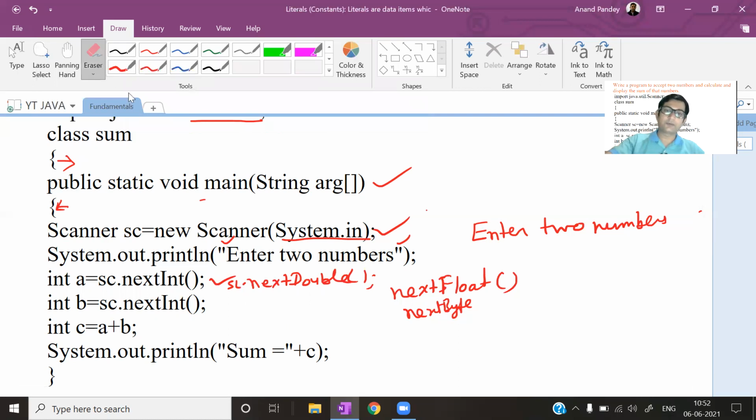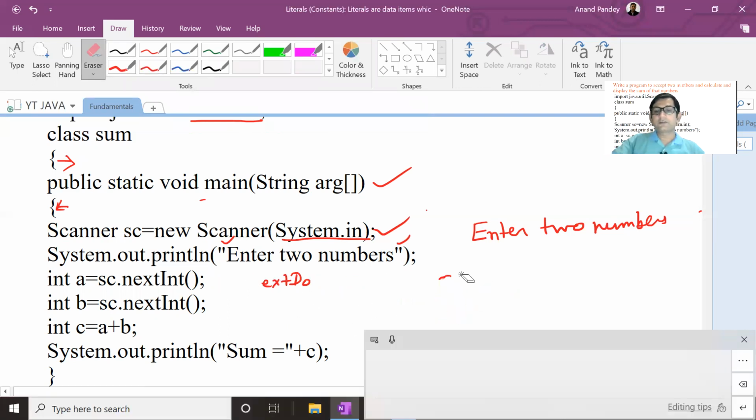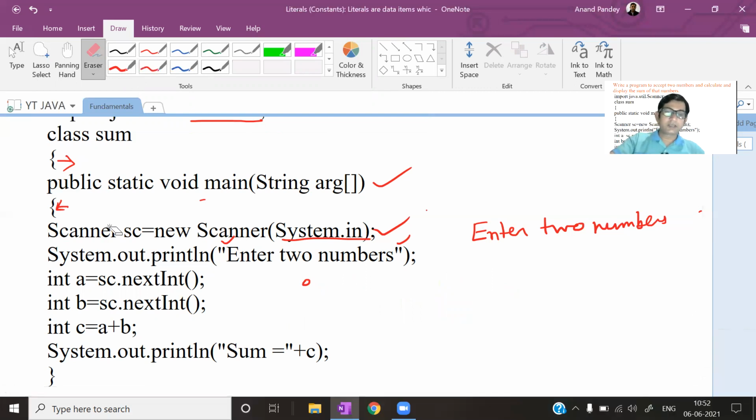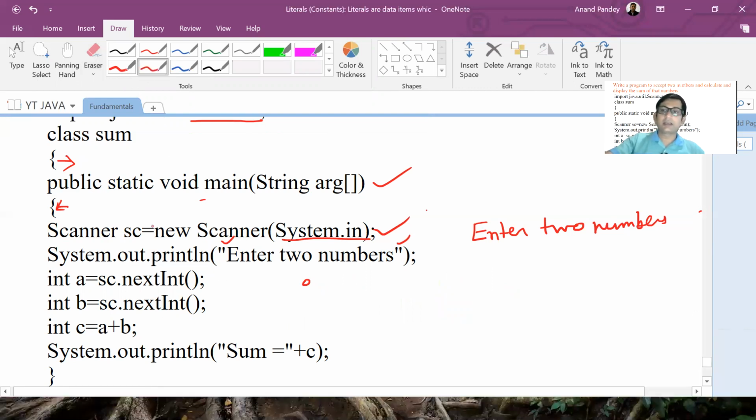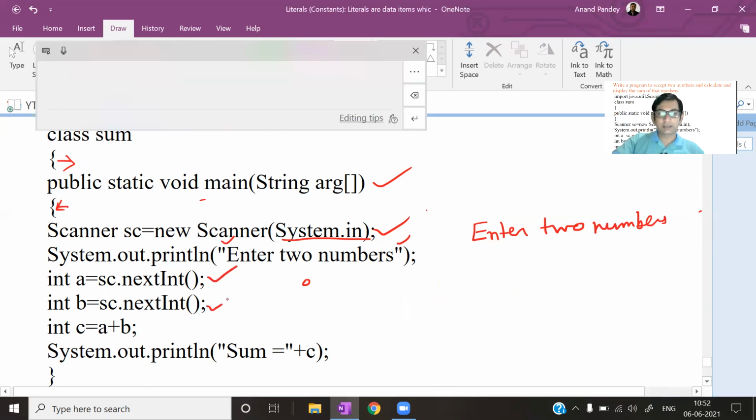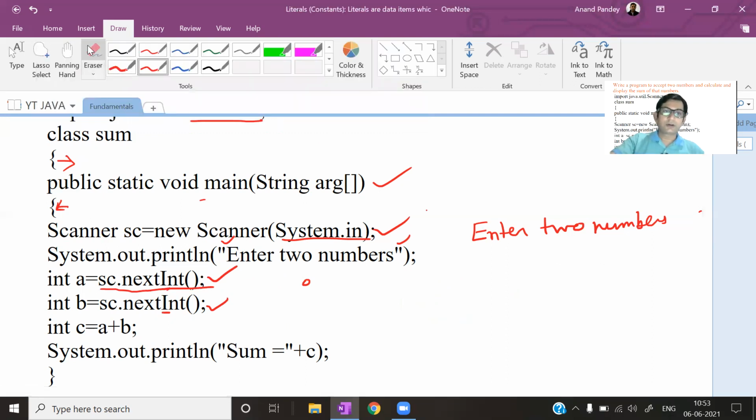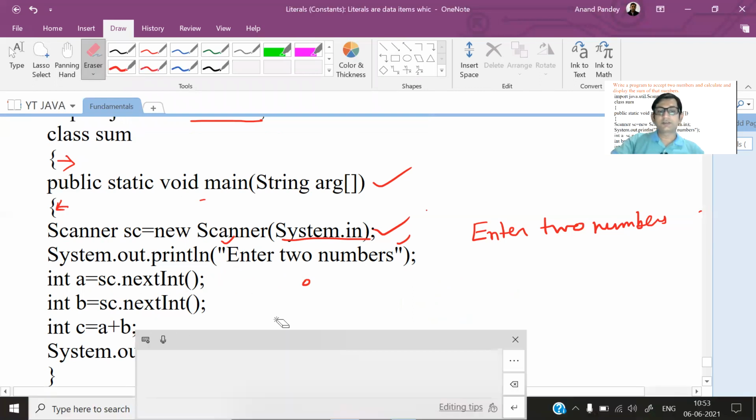So whichever type of value you are going to take as input, that function you can use. For everything there is a function. Since here we are going to take integer input, so nextInt, this I is capital. And no space. You can see there is no space in this function name. As you know, in any name, space is not allowed.